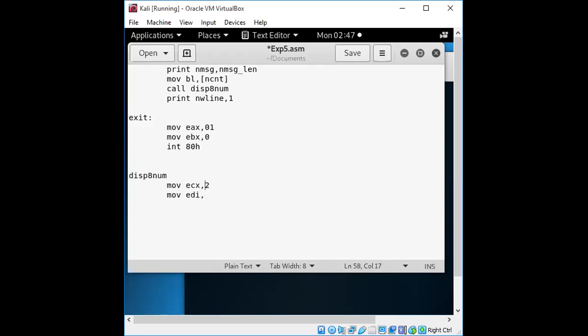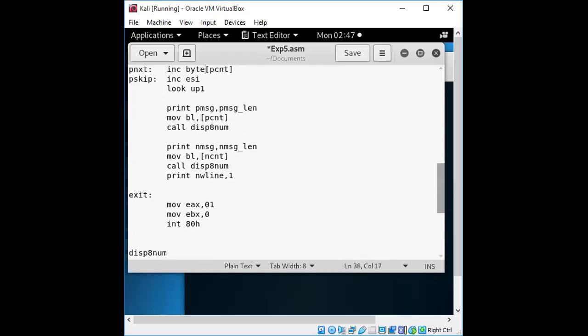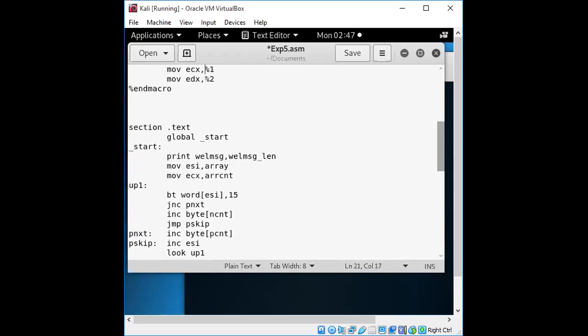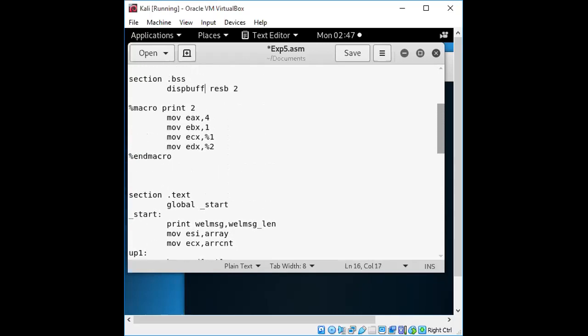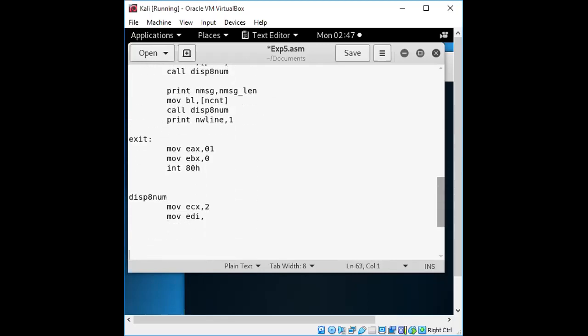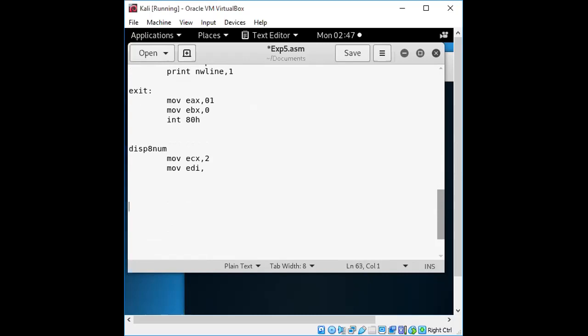So we will require the buffer. The variable we have given the name for this buffer is the display buffer, which we require. Every time after performing the operation we need to check with this display buffer.